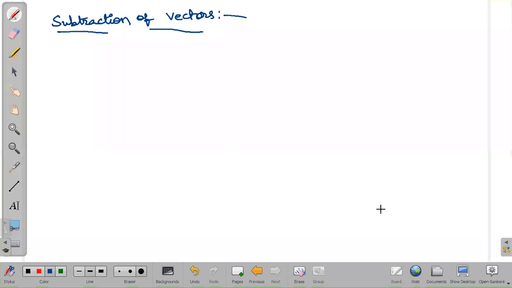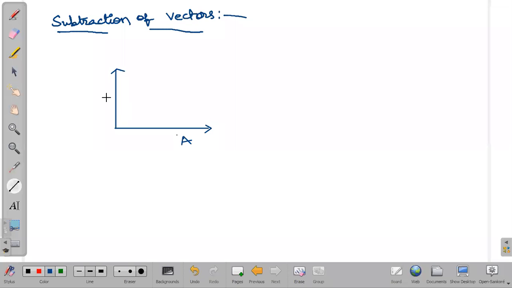So simple. Just as we have added vectors, in the same way we will do subtraction also. For this, we need to know one simple concept that we already learnt in the basics of vectors, that is a negative vector. So suppose we have two vectors. I have a vector a bar, and one more vector like this, b bar. So these two vectors are there.